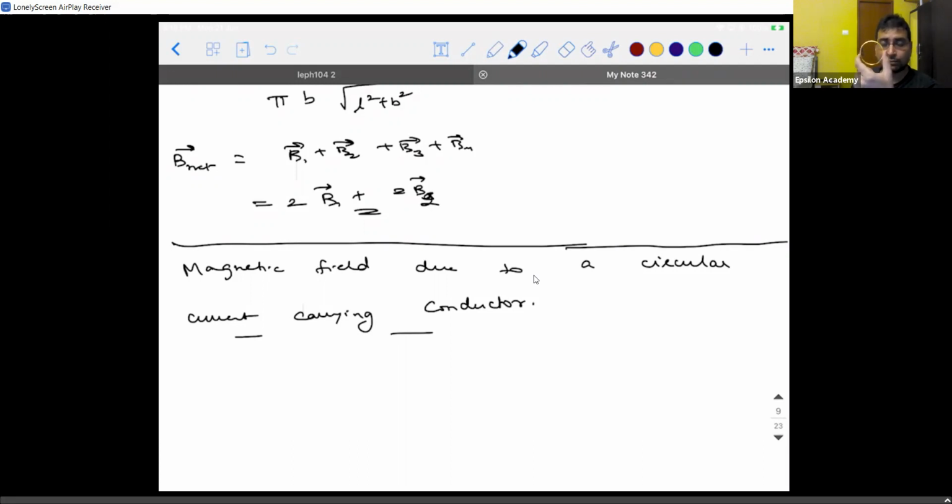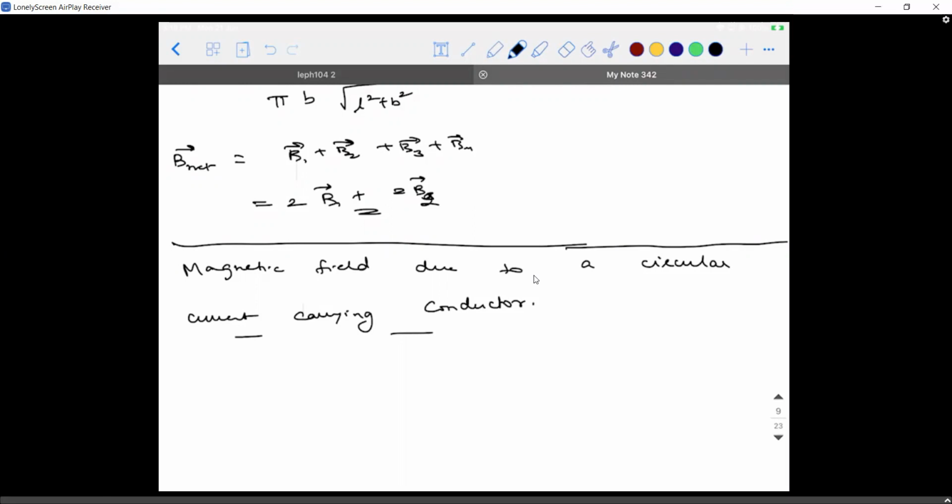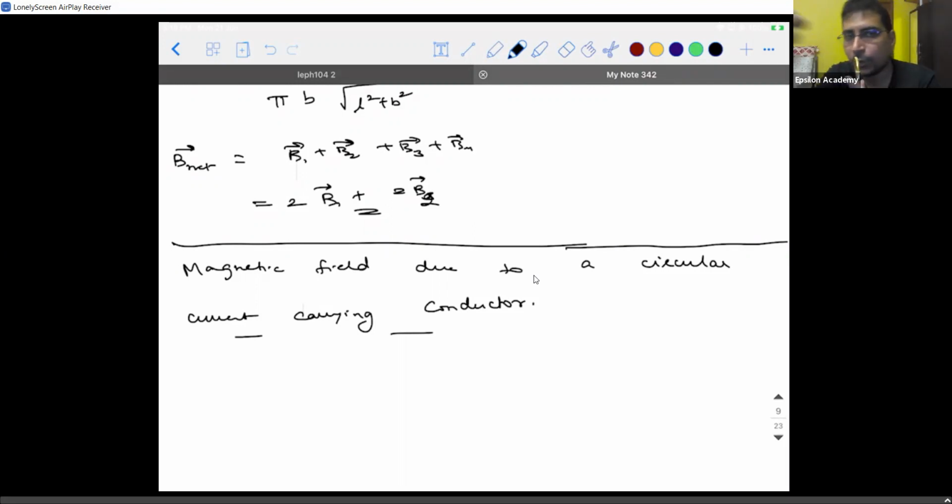Observe this completely, okay, with full concentration. So now you are able to see the circle because I placed it in the palm of my hand, in the plane of my palm. Now, if I place the same conductor perpendicular to my palm, exactly, what is that you guys are able to see? Are you still able to see a circle? No, sir. What are you able to see? Straight line. You will actually be able to see a straight line, though it is curved in nature. But when you see from this side, it looks like a straight line because it is a projection of this curved path onto a 2-dimension.